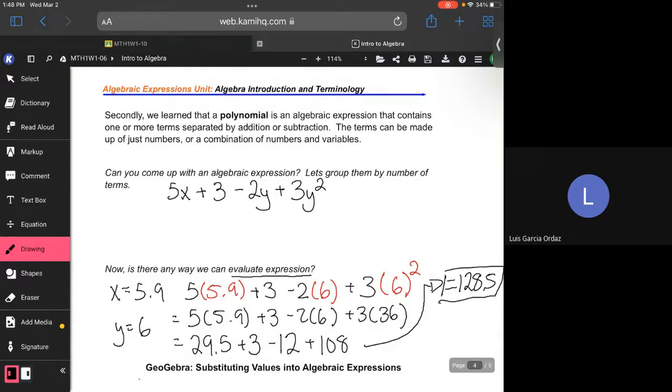Okay. So now you guys are going to do your work. Like I said, I'd rather print the lesson